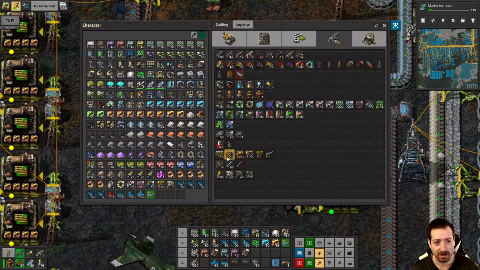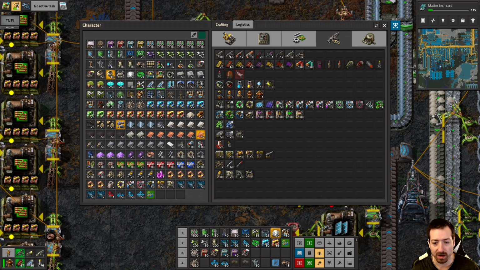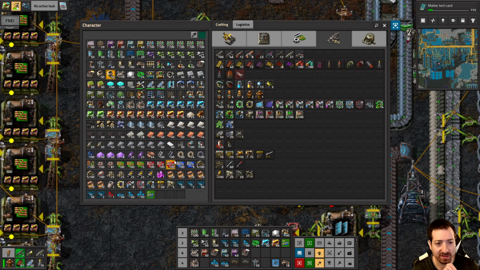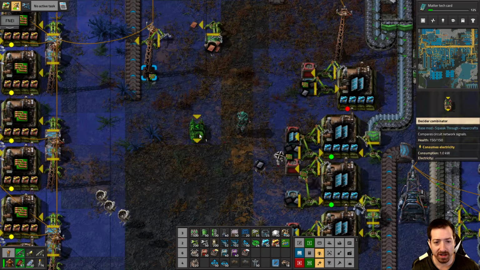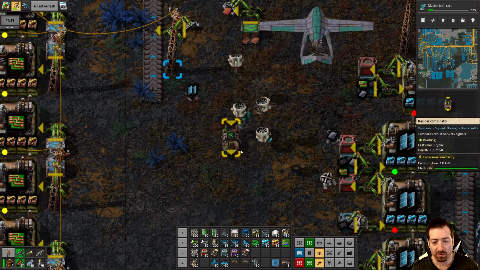For those that didn't watch the Ultra Cube episode, let me show you a trick you can do with combinators. Because it was really cool. And it could be useful in a lot of different scenarios. If I can find a combinator. So all you need is a single decider combinator. And essentially, if you want to pick